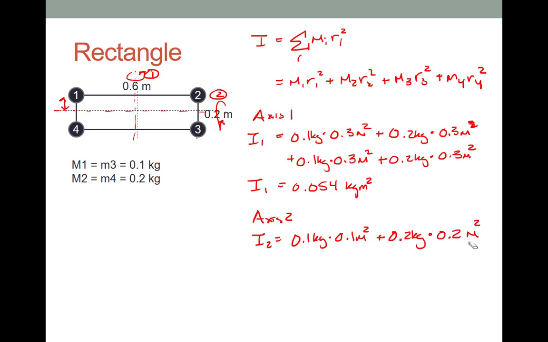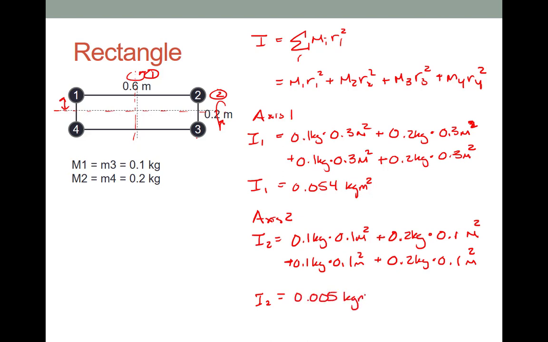And I wrote that as 0.2 again. Dreadfully sorry, it should be 0.1. And that works out to be a moment of inertia of